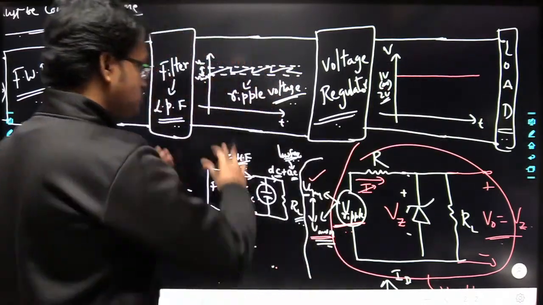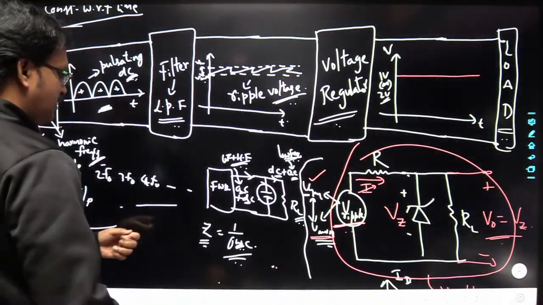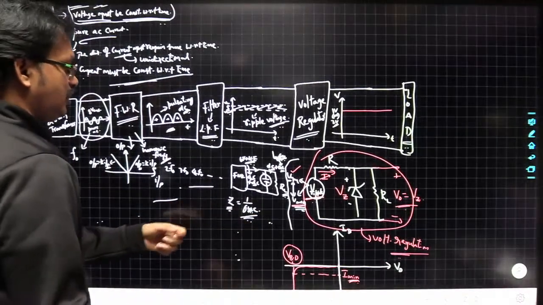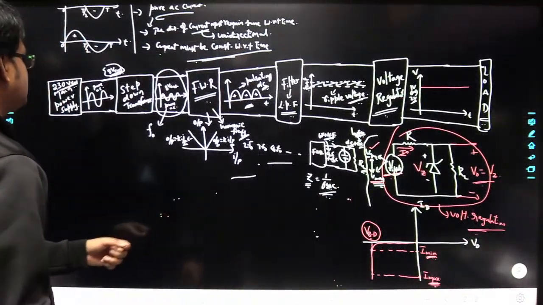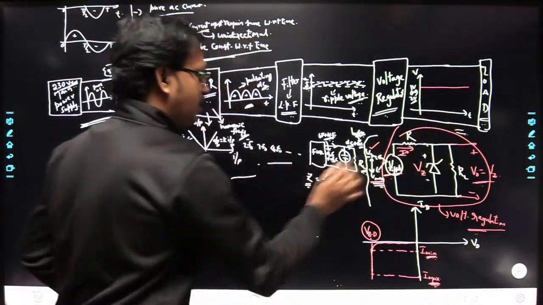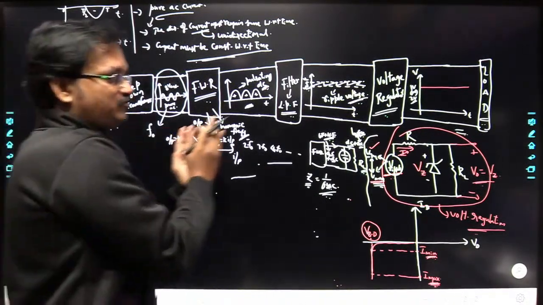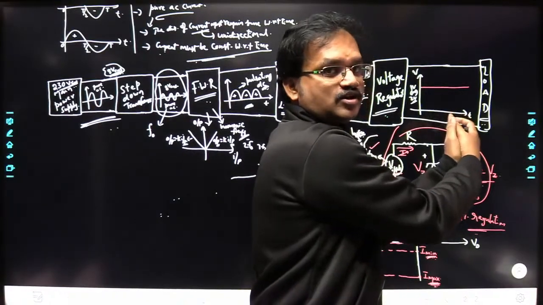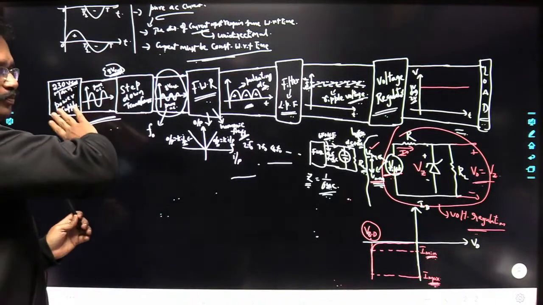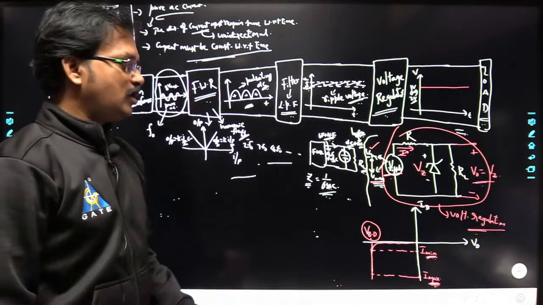So this whole setup, what it is doing here is converting pure AC signal into what? Into pure DC signal. Here the DC component is equal to 0 at the initial stage, and finally the AC component in the signal is equal to 0. That is the beauty of this circuit. It has converted the total pure AC signal into pure DC signal. So this is the purpose